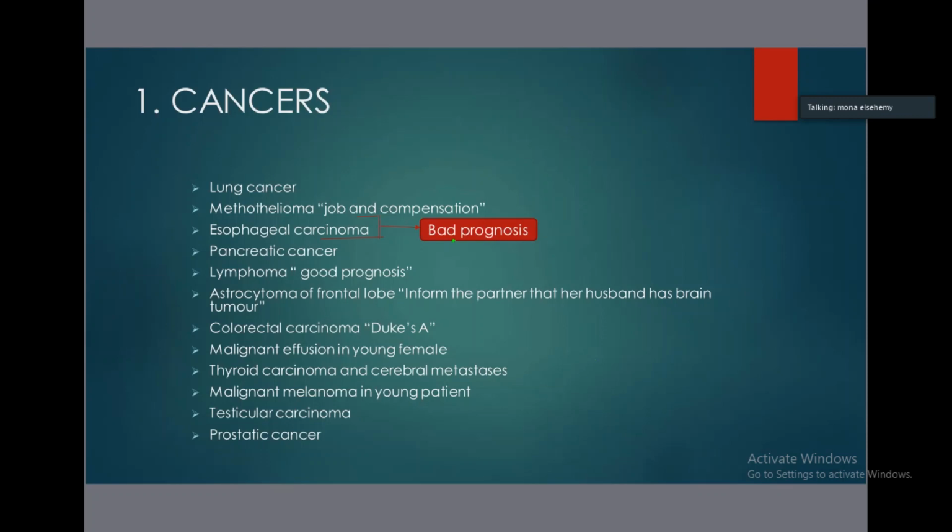And very important in breaking bad news is to check the patient's understanding at regular intervals, besides checking the acknowledgement at the end of your conversation. This station is made to test your ability to break bad news in a structured, clear, and empathetic way. So keep the conversation simple, clear, and focused.